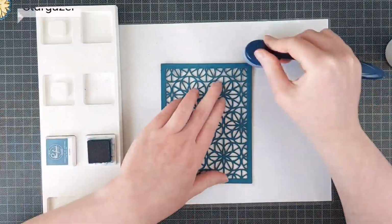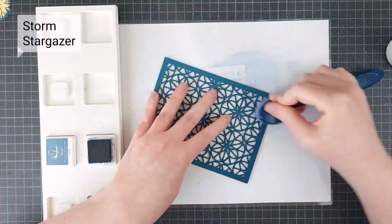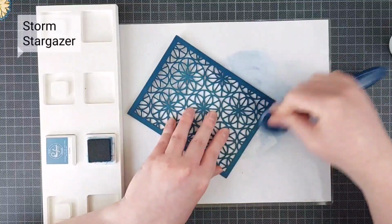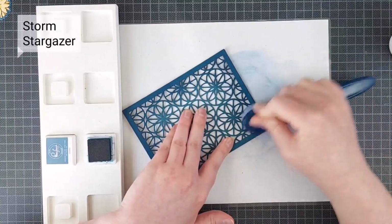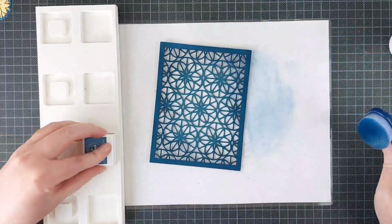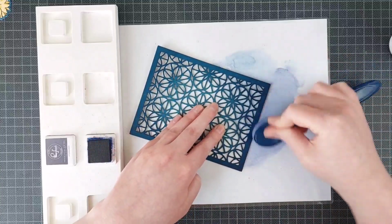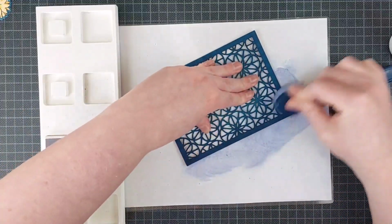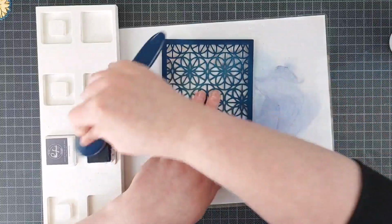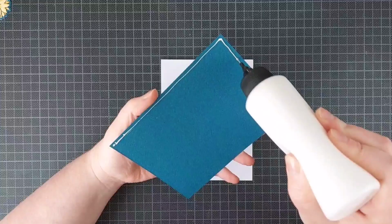So this blue is going to be the color of my card. I am going to add some ink blending around the edges to add more definition to this card. But I also layered 2 layers of thick black cardstock behind it to add some dimension. Usually I do die cut layering with white cardstock, but on a dark card that doesn't make much sense. So I used some black and it worked out fine. I'm using some dark blue inks to ink blend all the way around the edges, and then it's time to